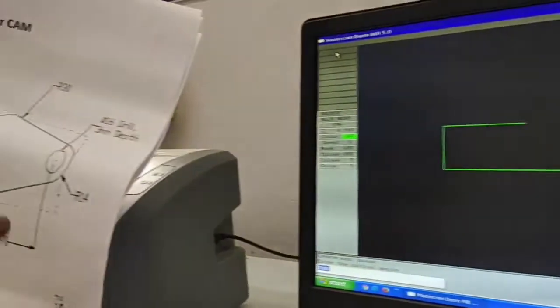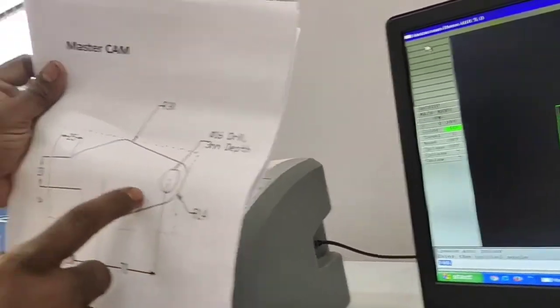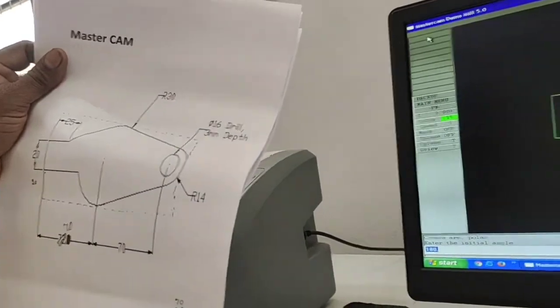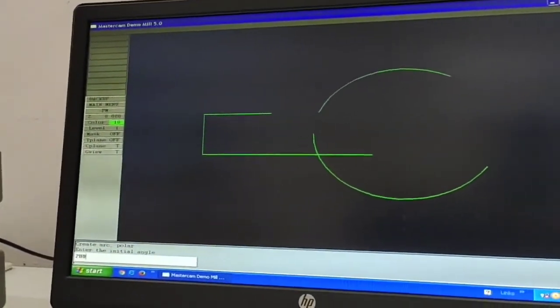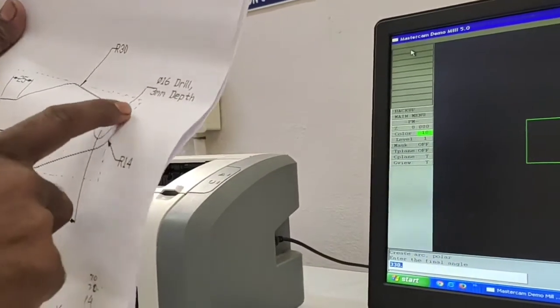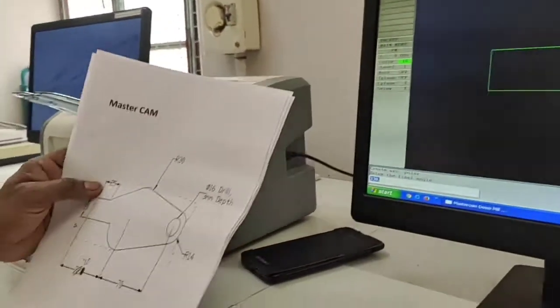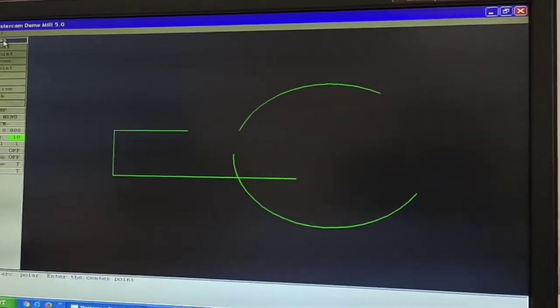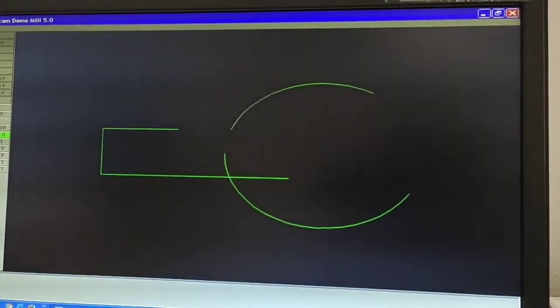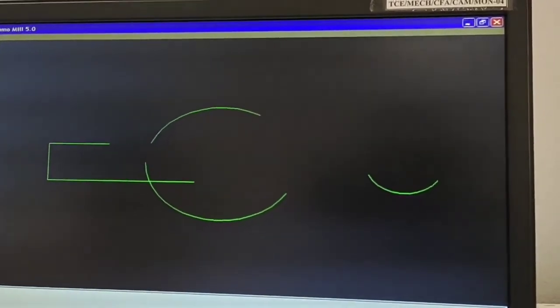What is the initial angle? 270. So beyond the 270, so here actually 200. And enter 90, 0, 90 and 150. So the final answer 330. Enter. Escape, Alt F1, Alt F2.